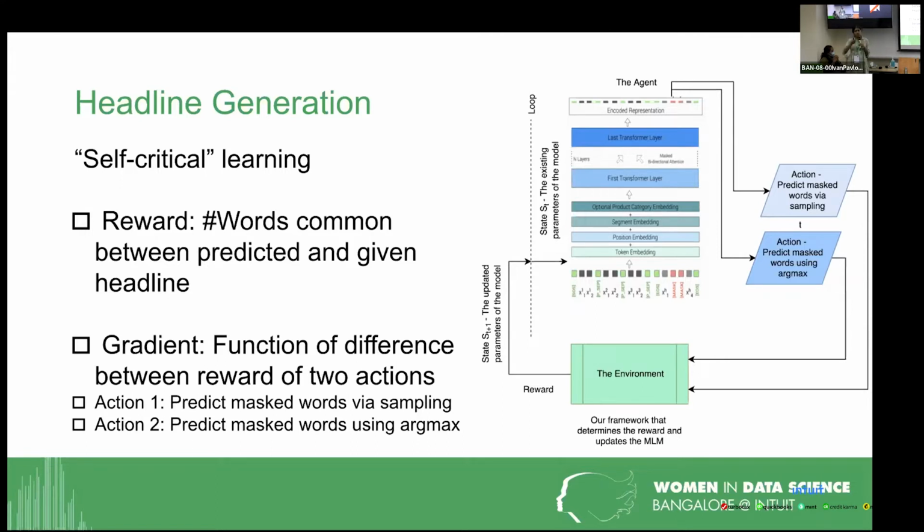As you know, whenever a model makes a prediction for a future word, it gives you a probability distribution over the vocabulary. So now in action one, you make a prediction for this masked word which is sampled from the distribution, not necessarily the argmax. Usually when we are inferencing, we take the argmax to make the prediction. So that is our preferred action, taking the argmax, and the baseline is taking it from a sample.